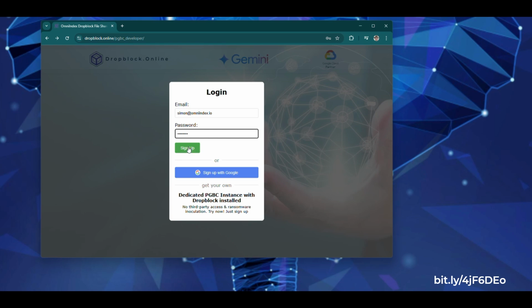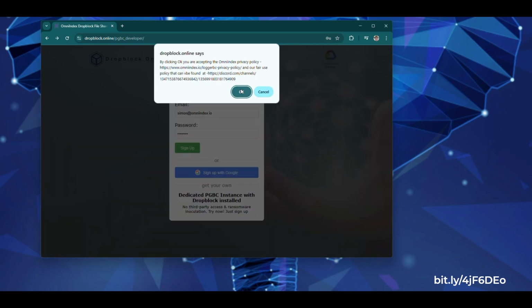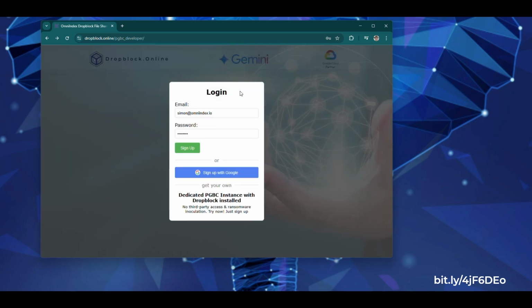So, press sign up, agree to the fair use policy, and the system will then go away and create your new Debian virtual machine, place PGBC and Dropblock on there, and also initialize Boudica, our AI engine and agents that can go out and connect to Google Gemini. More on that in our Discord channel and other videos. This takes about 2 minutes to do, not too long, as it does go out and actually create these